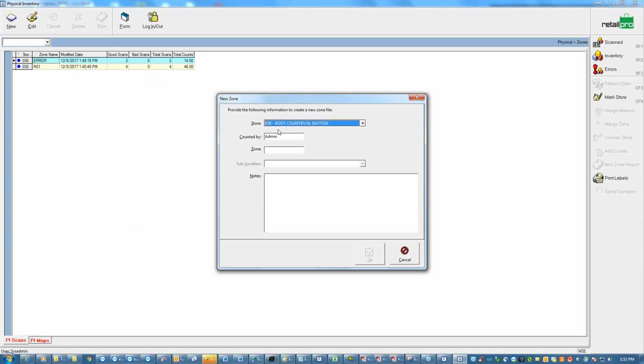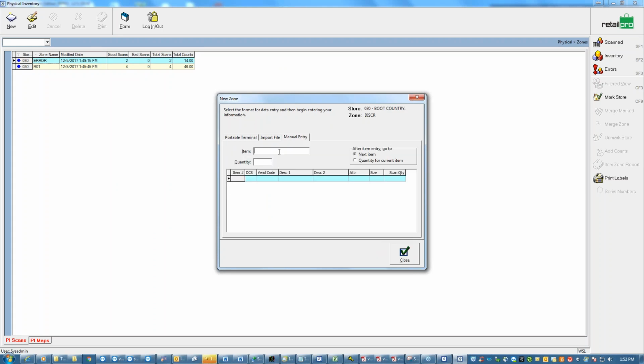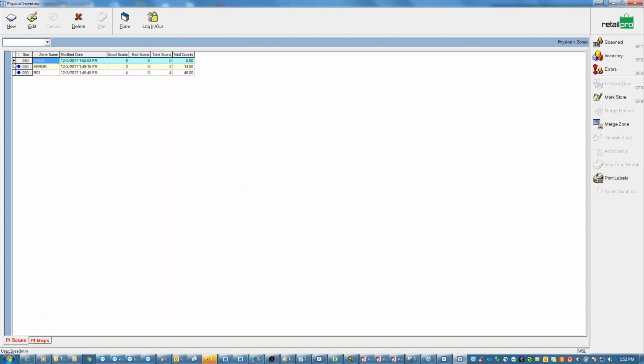Even if you're isolating this to discrepancies or anything like that, make a new zone or add it to your errors. And so I'm telling the system that SKU, I found those 42. So now that will drop off of your discrepancy list after you merge the file. So I've gone back, I've added some counts, I merged my zone,